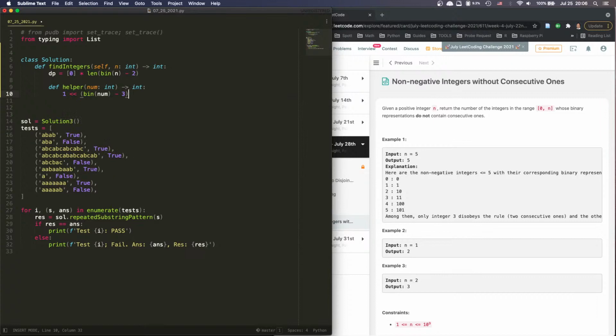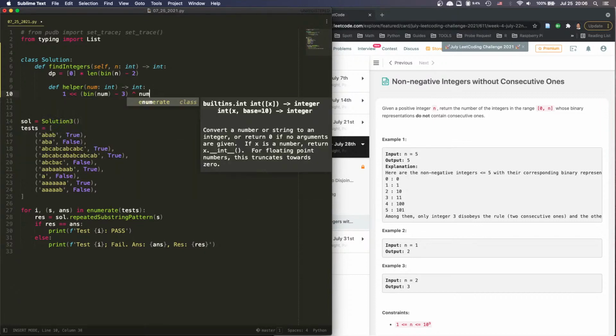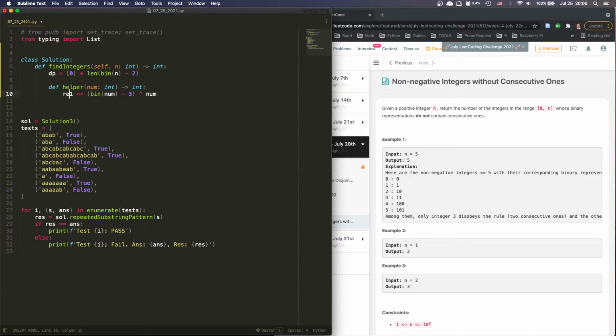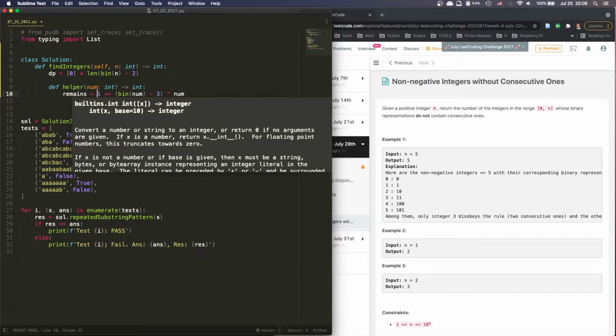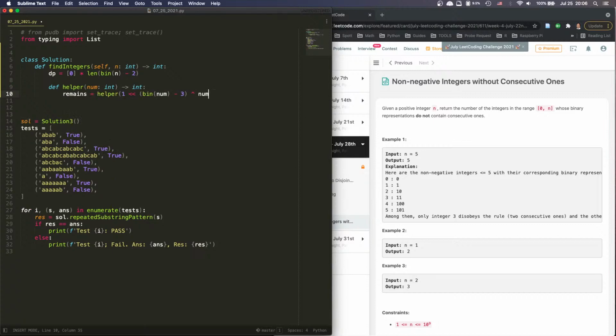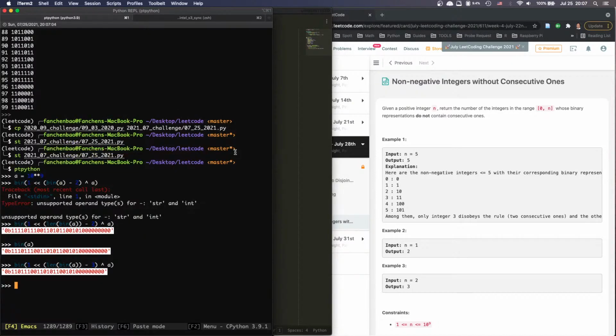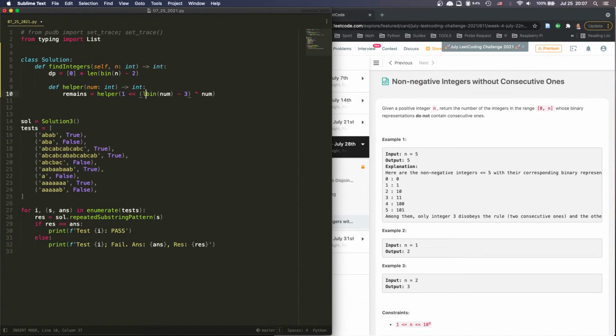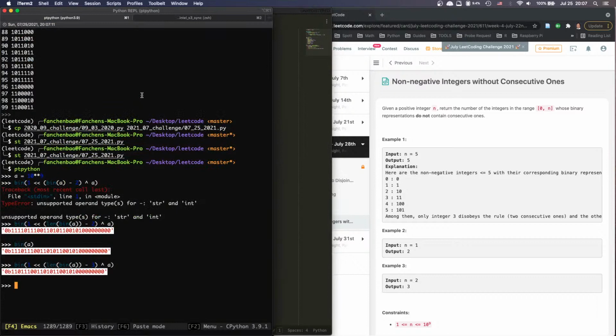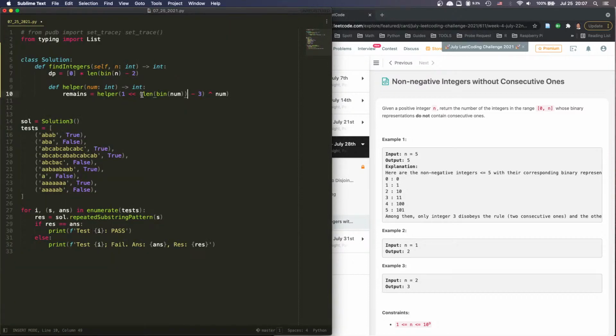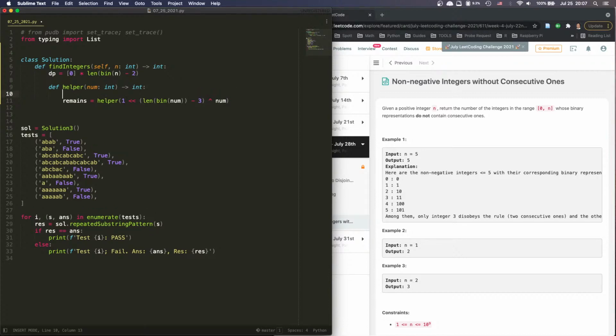So we're gonna left shift that many times, exclusive or num, and we're gonna say remains equals helper. Right, we're gonna call this. I think it's fine. It's actually len bin num -3, which is for all num. So the remains is this, and of course, if we get down to a number is